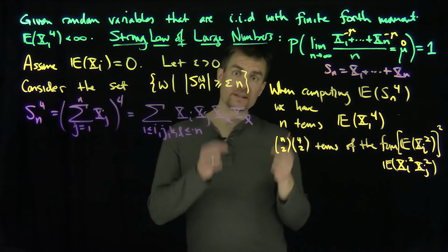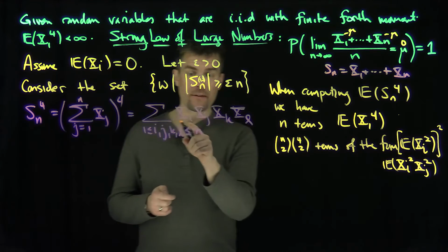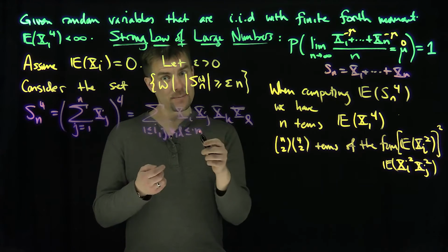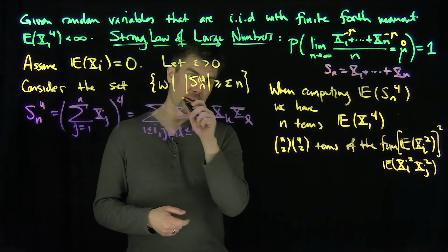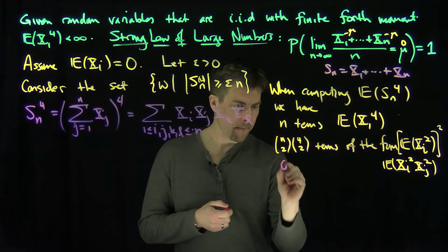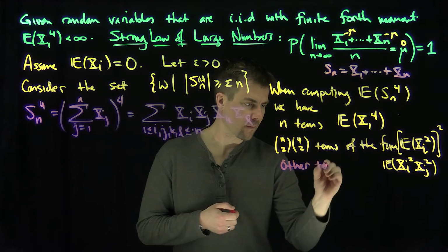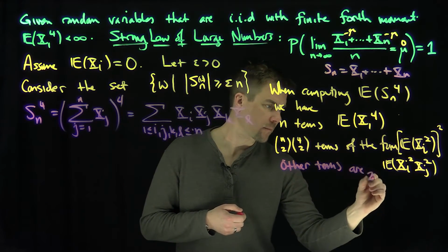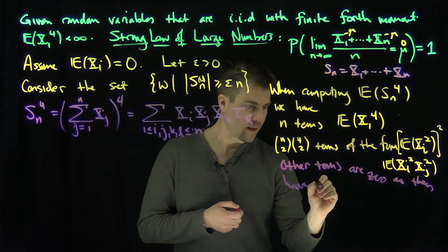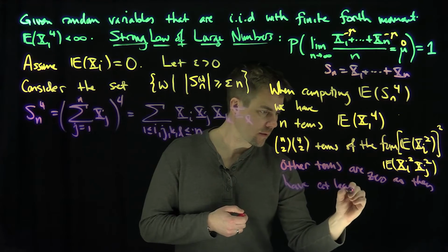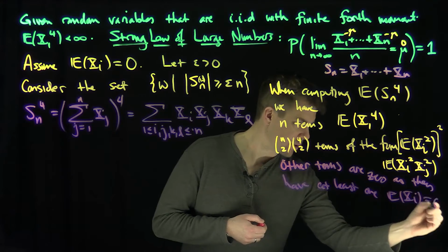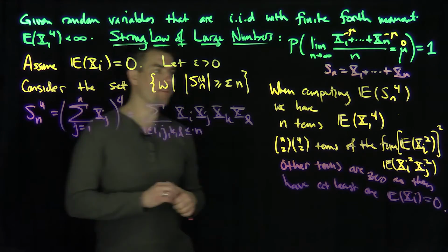So the terms when there's exactly one isolated index: if I have three of the same, an xi, xi, xi, and an xj, the expected value of that is going to give me 1 in the expected values of xl. So the other terms are 0, as they have at least one expected value of xi, which is 0 by assumption. Okay. So in other words, let's count how many terms we have.